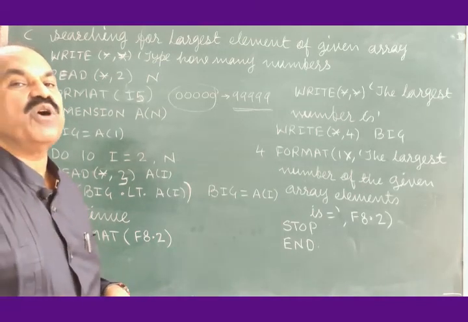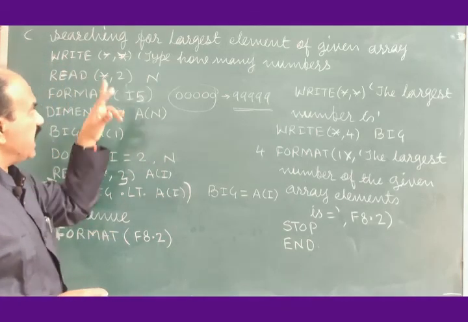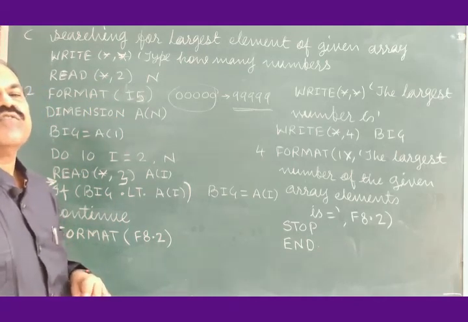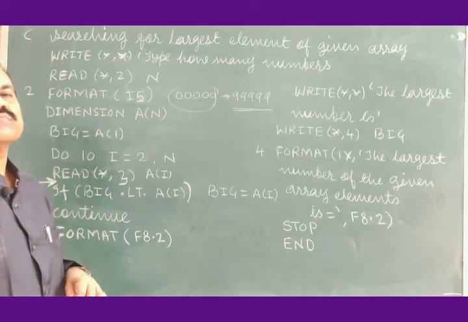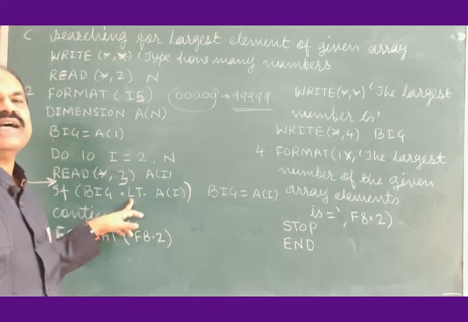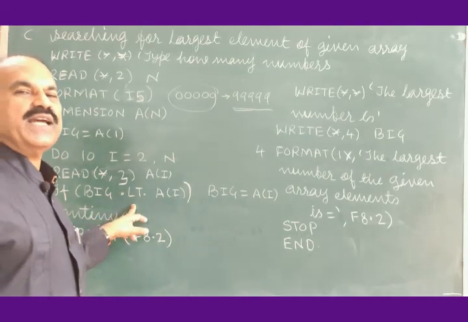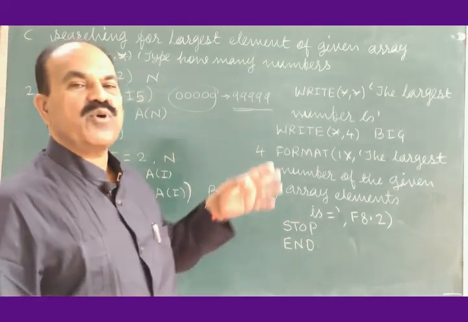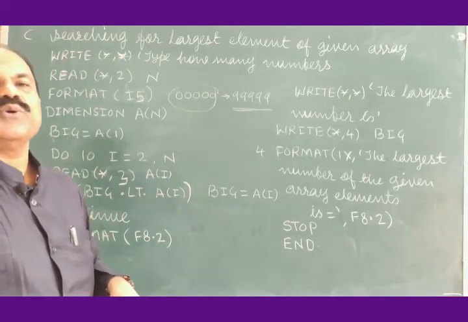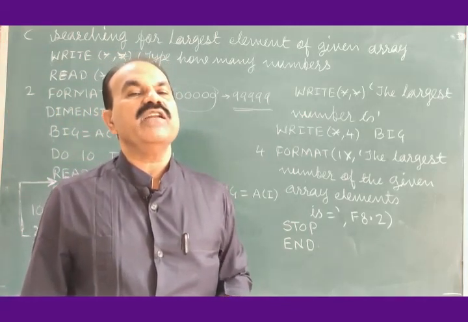You can go for the smallest number. We did this for the largest number. Even you can do this for the smallest number. For smallest, what do you have to do? Where it is larger than, you have to replace this with smaller than. The condition is the only thing to be changed here, so that you can also find it using the same program. After changing this condition, this big by small, this big by small, you can search for the smallest element of the given one dimensional array.